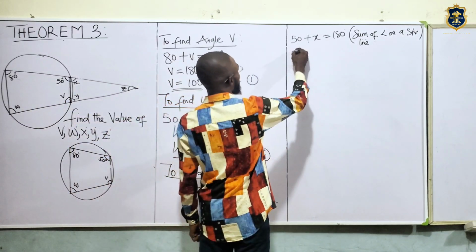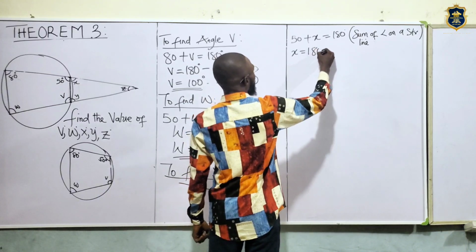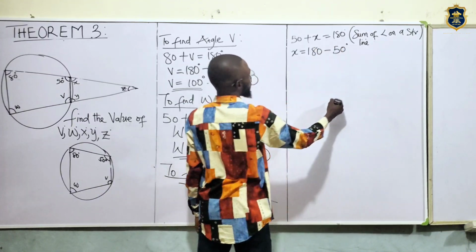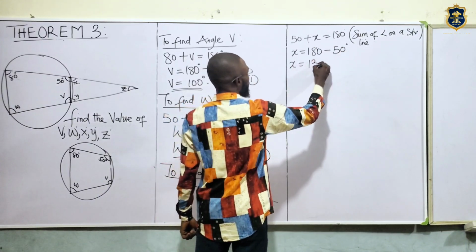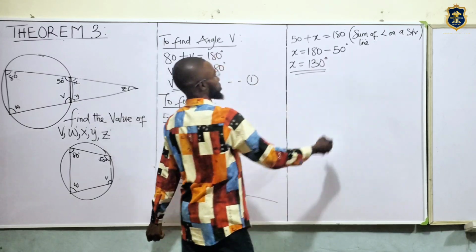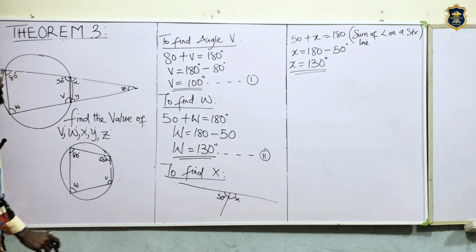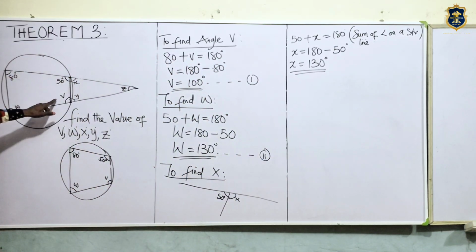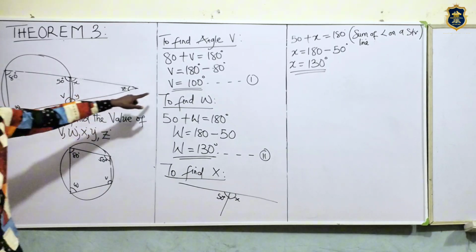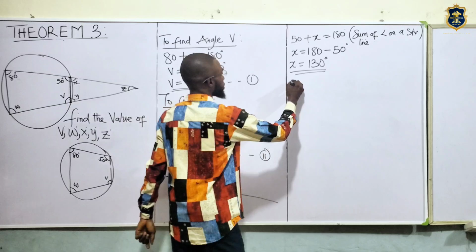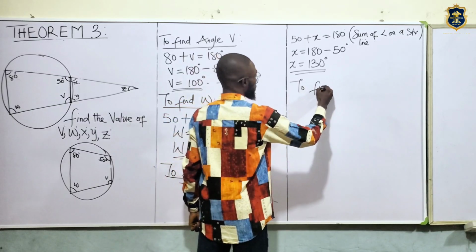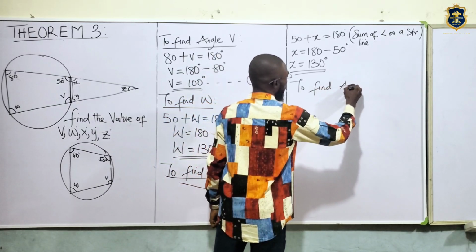So by doing this, we know that X becomes what? 180 minus 50 degrees. So X becomes 130 degrees. How easy it is. How do we find Y? The same thing. Look, this is a straight line. V and Y is a straight line. But we know that V is what? V is 100. So to find angle Y,